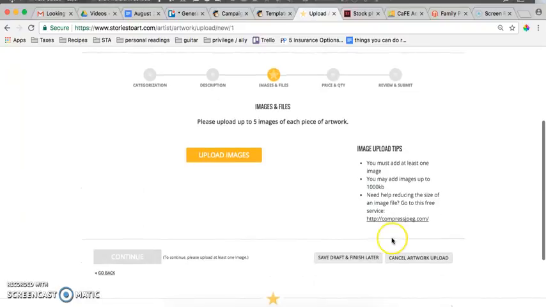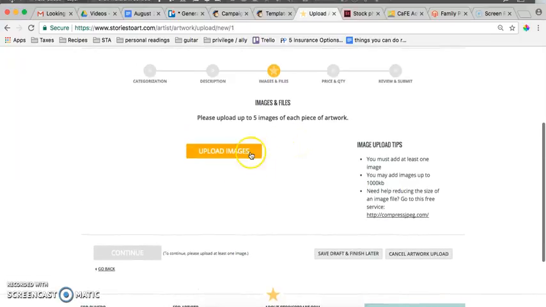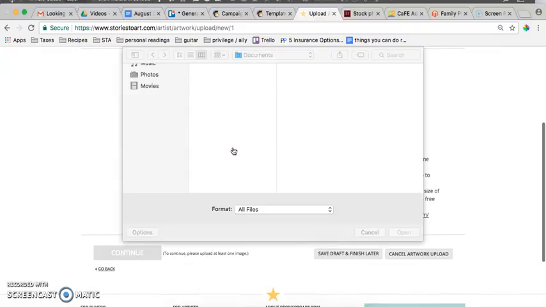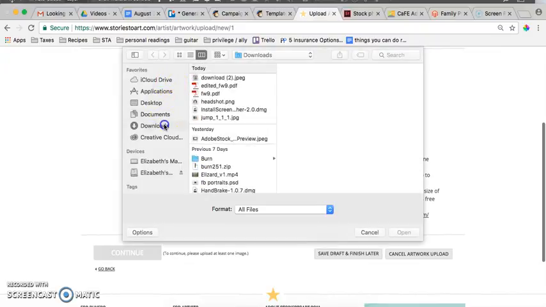Alright, step 3, images and files. You can upload up to 5 images, and each image has to be no more than 1,000 kilobytes or 1 megabyte. If you have an image and it's a little larger than that, you can go to this link down here and compress the image, or you can email me, elizabeth.williams@storystart.com, and I can fix the image for you. But for now, I am good to go on that, so